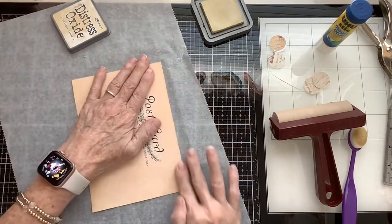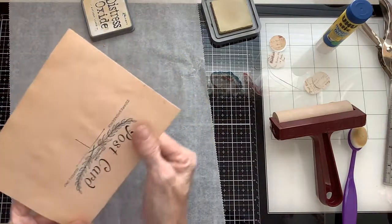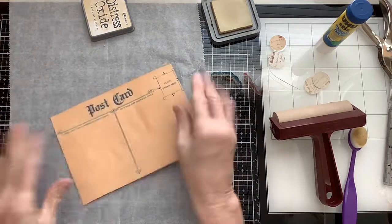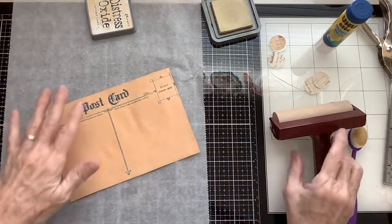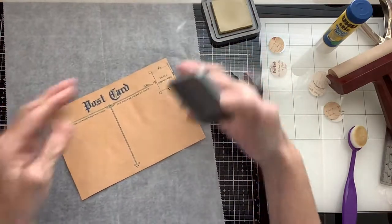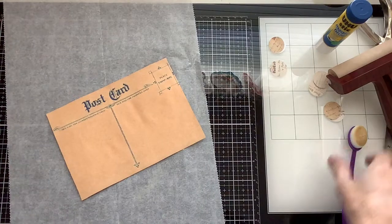And you could do this with decorative paper. You could do it with just, you know, a pretty cardstock, anything. I just like the postcard, especially if you're going on vacation. So, just, I don't know, just thought it was kind of neat. So,